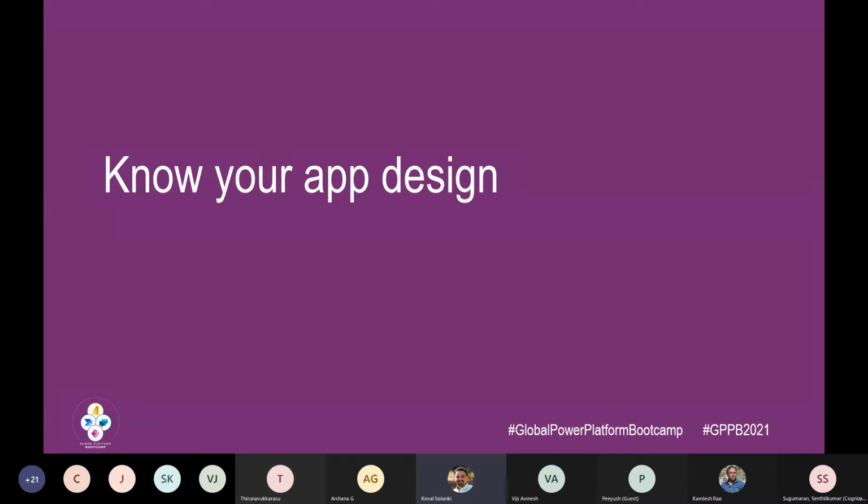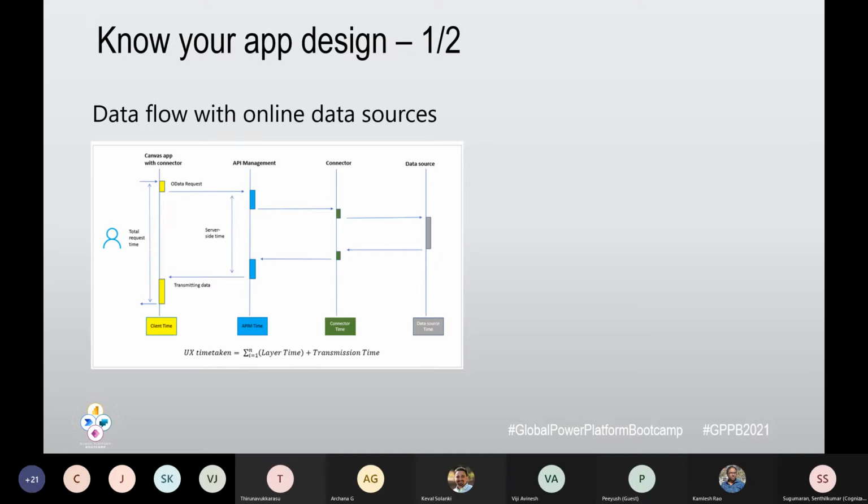All right, starting with our app design. Whenever we are designing any of these applications, design and architecture is very important. We need to understand how the data is flowing from our Canvas apps, from client applications, to the destination, which is our data source.